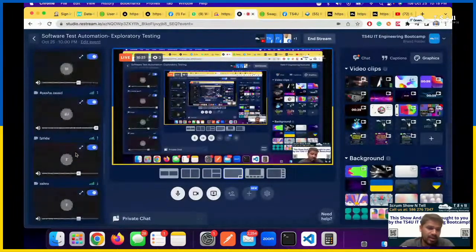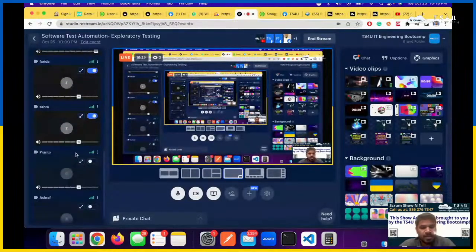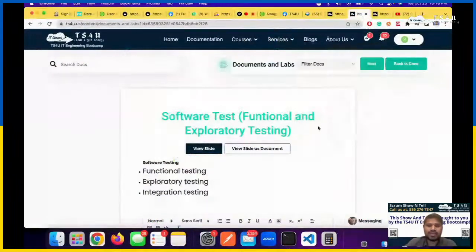Okay. Let's go, Zahara. Go ahead, please. Zahara, how do you plan to test this? Let's say you understand the functional testing, positive, negative, GUI, and you know both platforms very well, at least more or less as of now. So tell me your approach. What you will do?